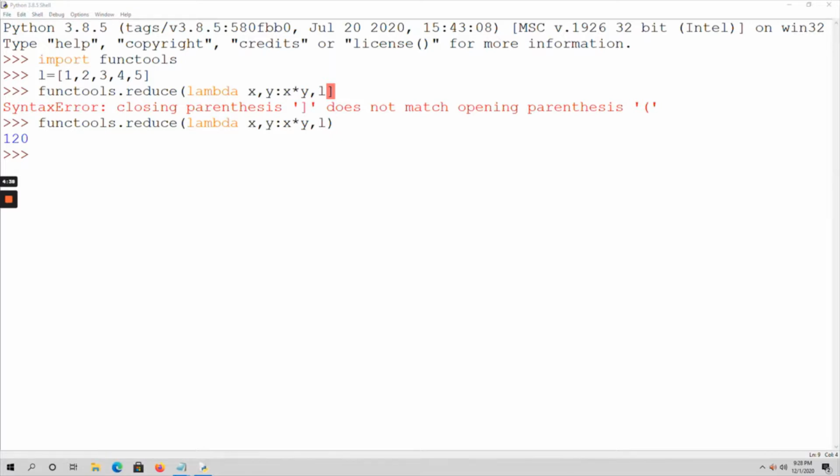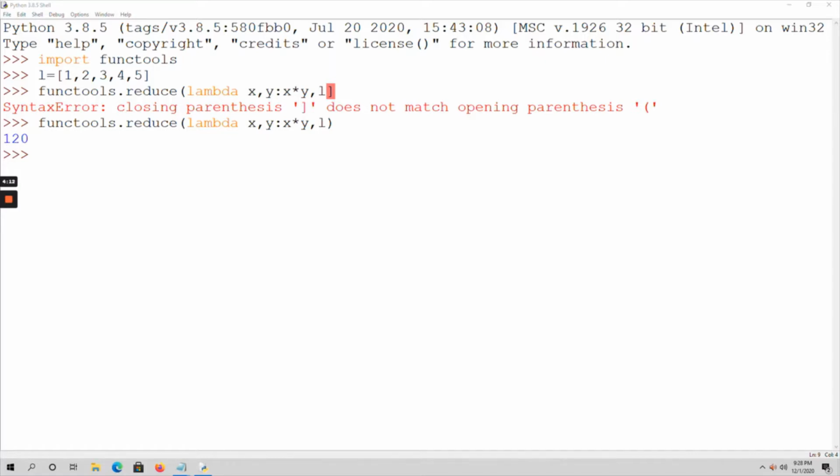The expression I have written is x into y. So these two values get multiplied, x into y, and the output is 2. Now the output 2 is the x value, and y is 3. Again perform x into y on these two values. So 2 into 3, that is 6.